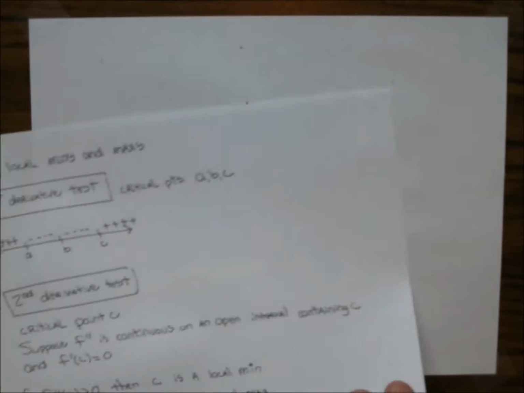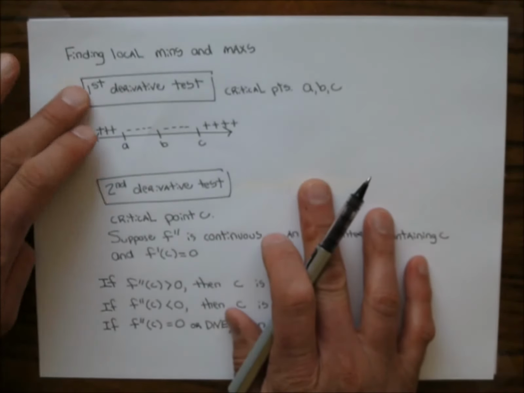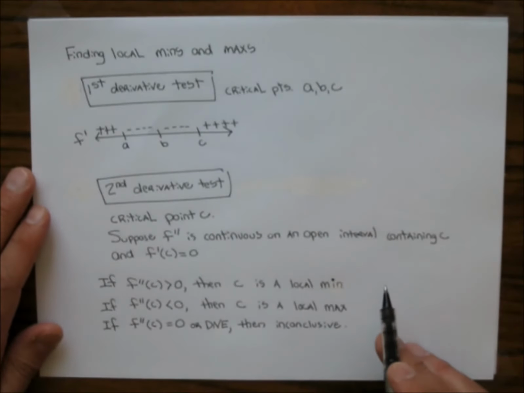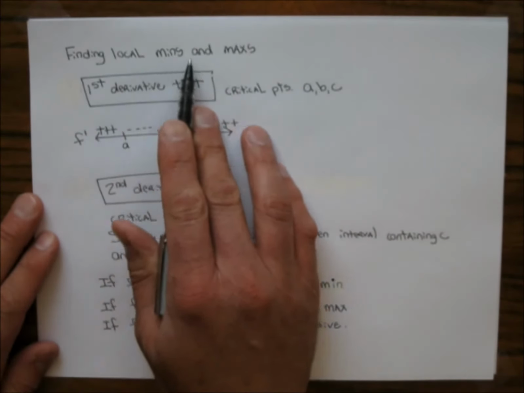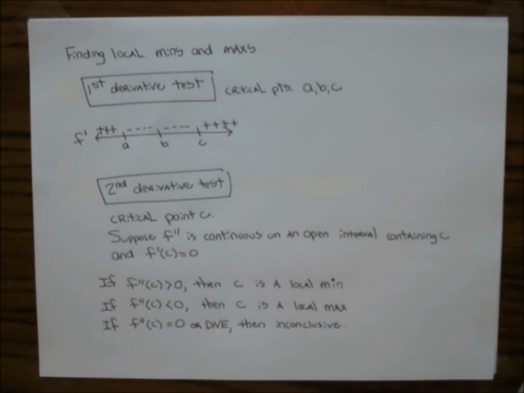So let's go ahead and look at some other things now. Finding local mins and maxes, and if you look really close, there's some white out on this page because I messed up, but I didn't want to rewrite it all again. Finding local mins and maxes. We have the first derivative test. So when we put